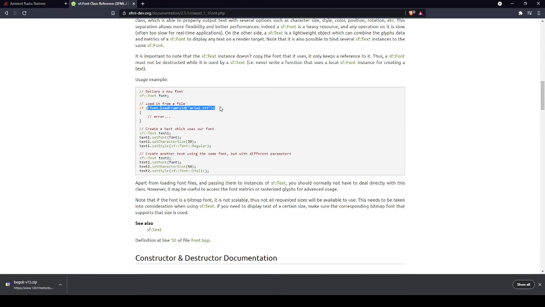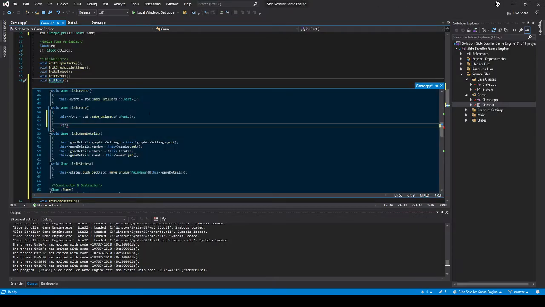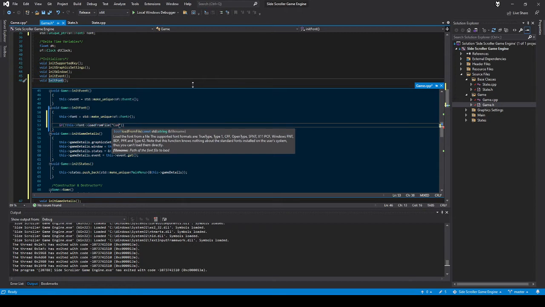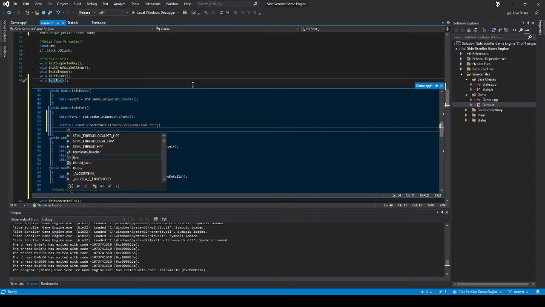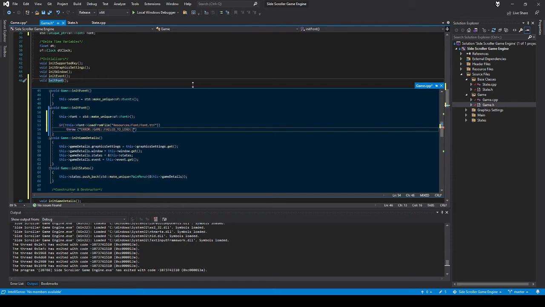You see, for example, they show you how you can do this. So this stuff will return a bool, so you can put it into this and have like a throw statement or something if it doesn't load properly. So that's what we'll be doing. This font, load from file. This is resources, right? Font.ttf. And if that doesn't work, then we'll throw an error: game failed to load